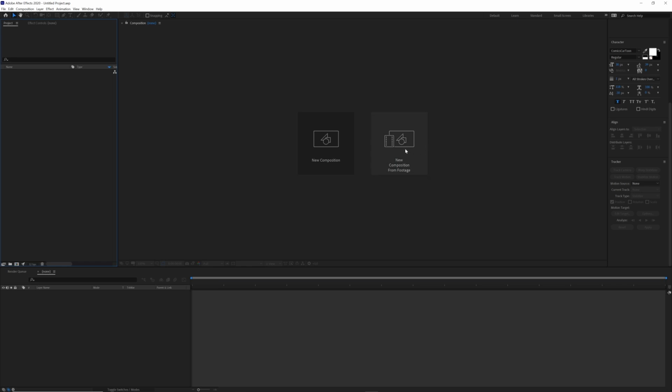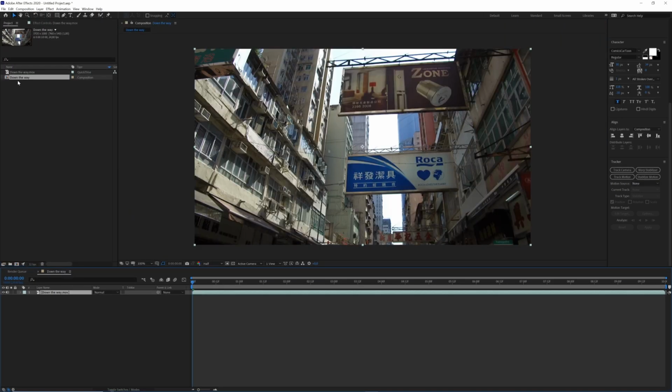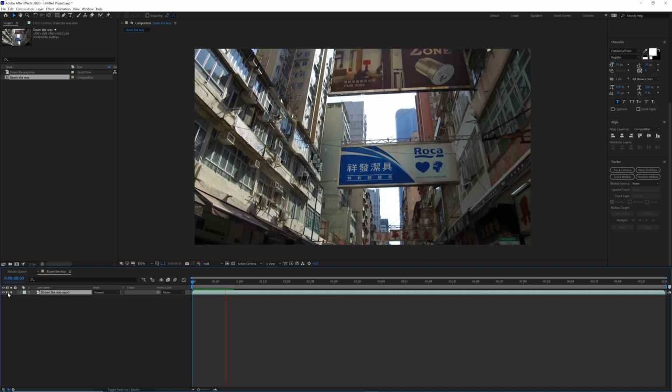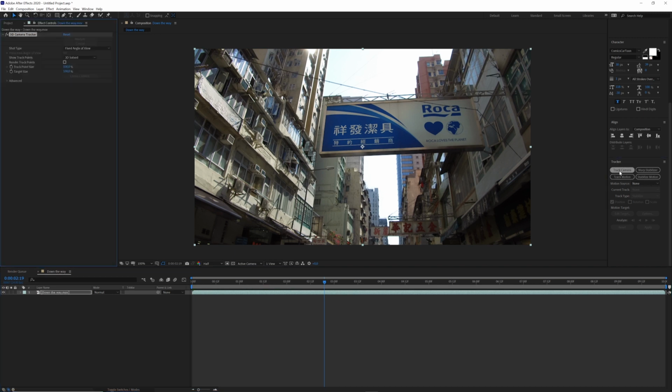So let's create a new composition from footage, and we want to import our video. What we want to do is to replace this advertising here with our own image. To do this, the first thing we have to do is to 3D track our scene, and in After Effects it is quite easy. Just go here in the tracker panel and click Track Camera and wait for After Effects to